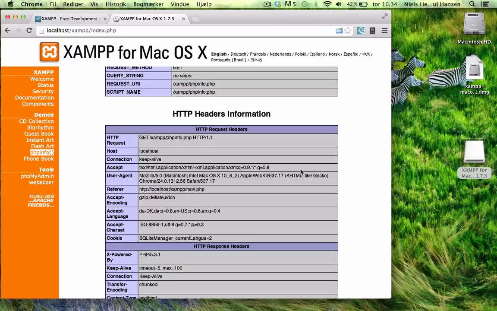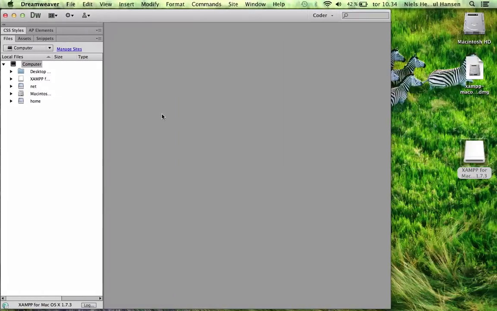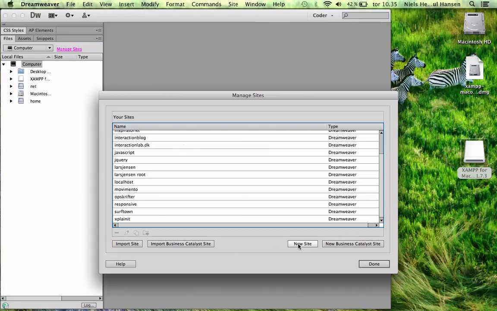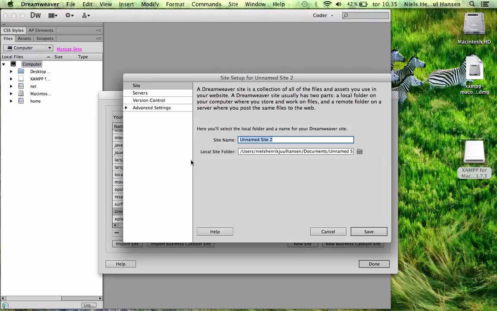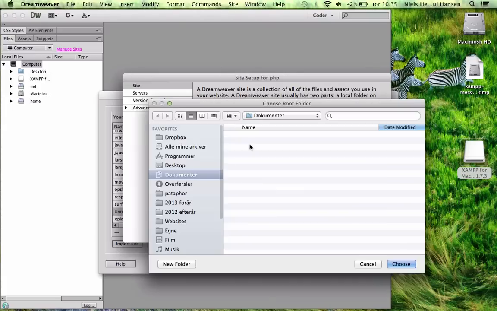And I will just make a quick hello world script to check that my PHP is working. So I will go to my Dreamweaver and set up my site. In Dreamweaver I will go to manage sites. I have a lot of sites, but I will create a new one. I will call it PHP, and I will